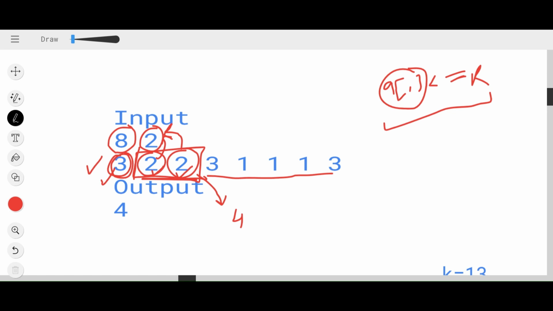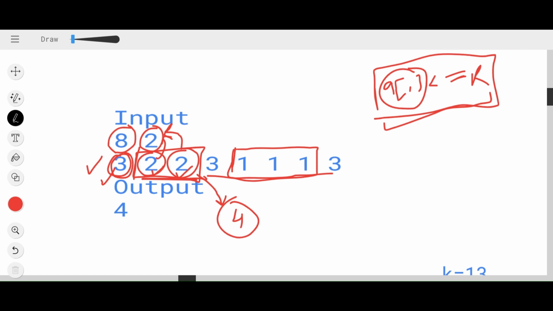Okay, so this is what I have got, one sequence. Now let's find another sequence. From this array, I'm getting one more sequence which fulfills this condition. This is a consecutive sequence also. So 1 is less than 2, 1 is less than 2, 1 is less than 2. Now find the sum. It is 3. So from this array, I am getting 2 consecutive sequences.